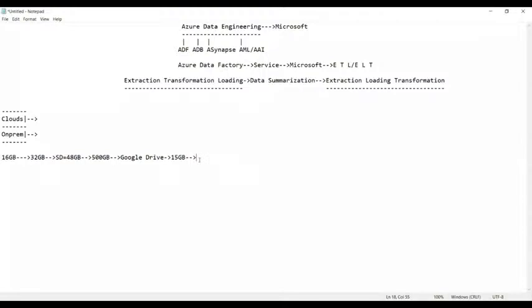I have to buy this drive. So I'll pay something and I bought it. And now I can store up to 500 GB memory. Am I right, guys? 500 GB memory. So now the question is that